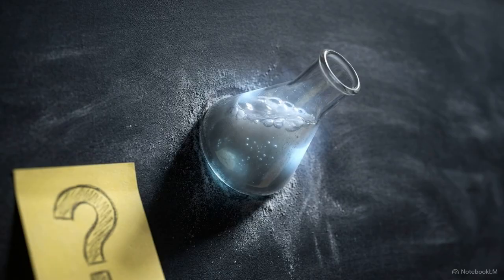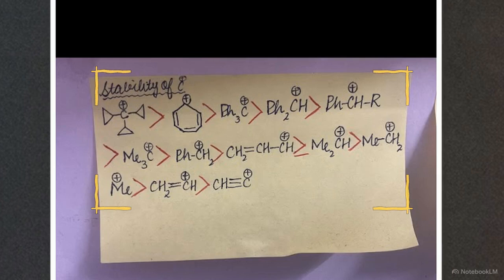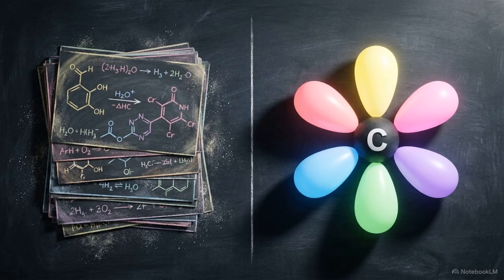Relying on this list as a static artifact limits your ability to predict how a novel molecule will react in a laboratory setting. This sequence is an empirical record of charge delocalization, governed by competing physical forces. We can analyze this entire progression by dividing it into 4 distinct physical tiers. Transitioning from memorizing the order to evaluating the underlying physics allows us to identify the laws governing the stability of